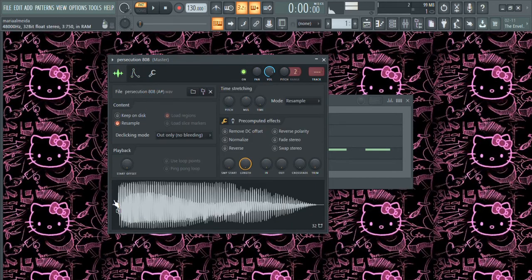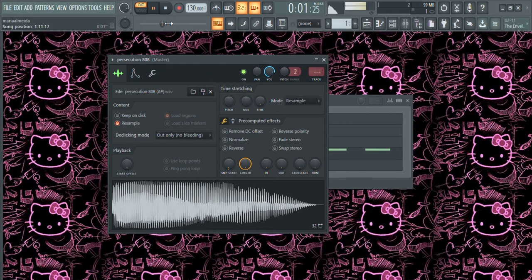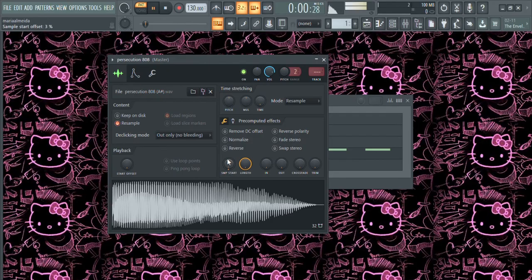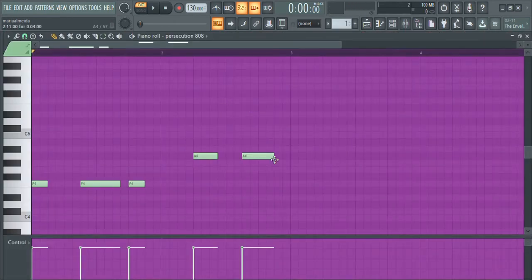Boom. But this 808 has a little bit of silence beforehand. And this is another trick you can do with pretty much any sample. It says SMP start, sample start offset type stuff. So you just want to drag that up until it meets what you want it to. Boom. But the thing is with this one, the tail end is going to drag on the last one only